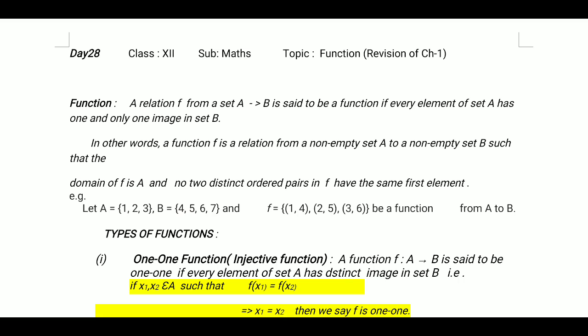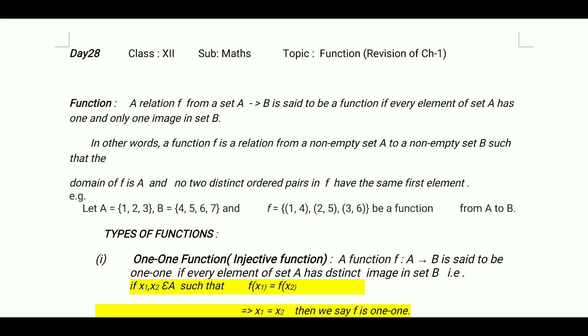I am focusing on some important points of the function, and I want that you, after reading this, can solve the question by the method given in this. We have already discussed all the things of function,